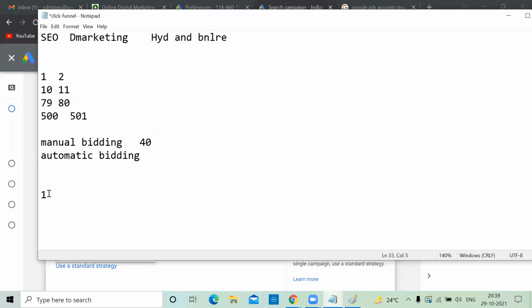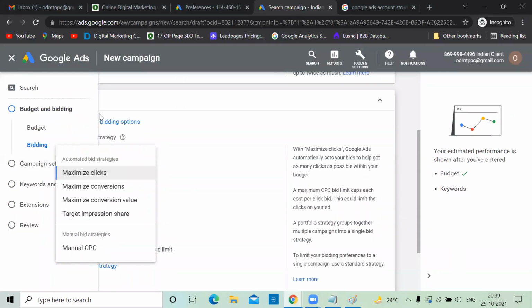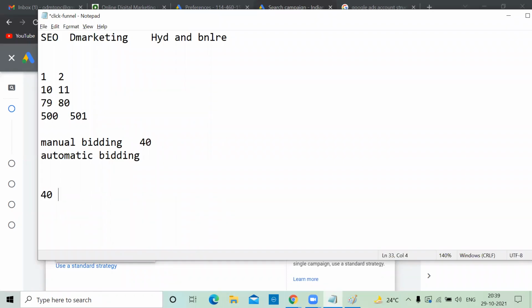So you don't know how much your competitor is bidding. Like you said 40 rupees, I want to pay 40 rupees, and you're coming on the first. But do you know whether your competitor is at 39? No, sir. The second guy is coming, but we don't know whether he's paying 39 or not. What if the competitor is paying only 10 rupees? You are the loser, right?